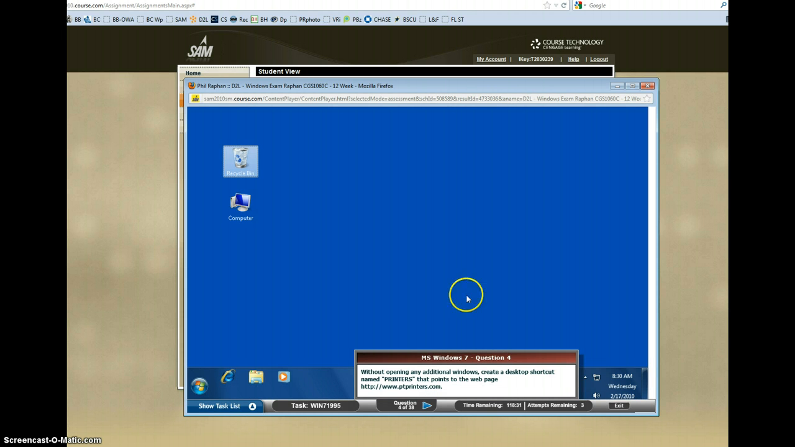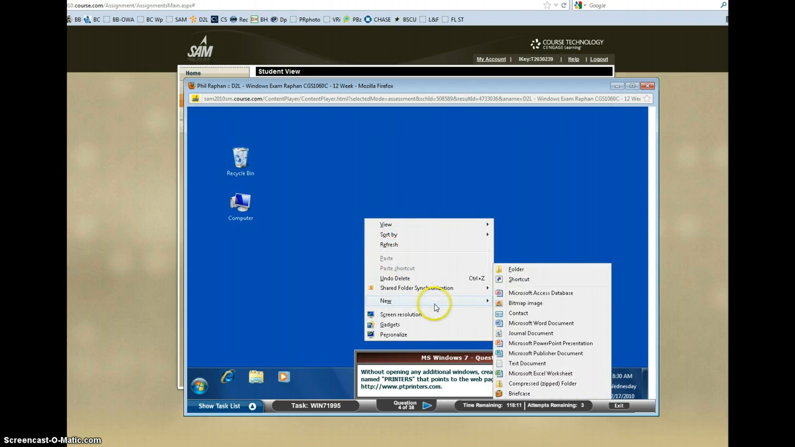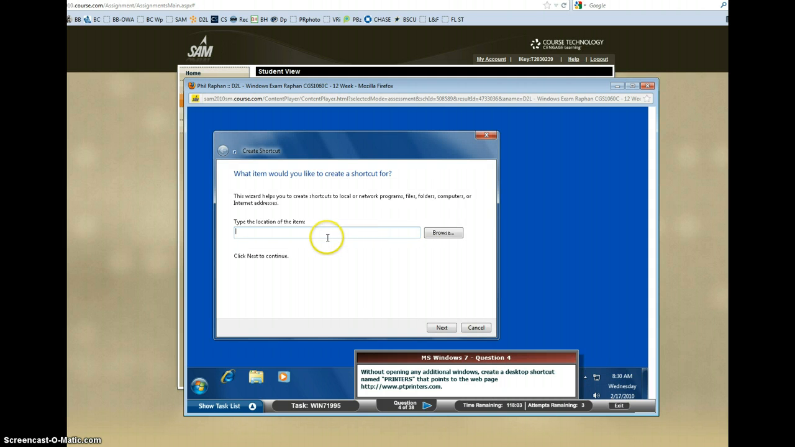And question 4. Without opening any additional windows, create a desktop shortcut named Printers that points to the web page www.ptprinters.com. Okay, so let's try that. We need to make a shortcut, so I right click on my desktop, I'll click on New, and let's see, we want a shortcut, so here it is, second from the top. And it says type the location of the item. Well, what they want me to do is type the URL at the bottom of the question. So I'm going to put in